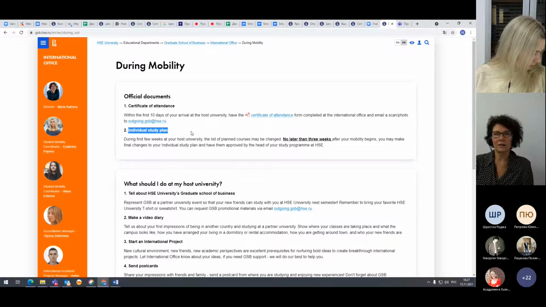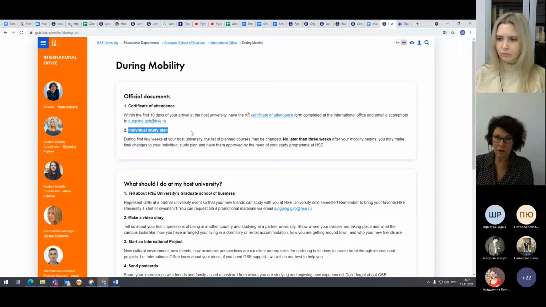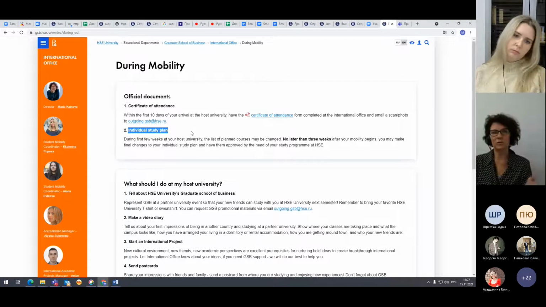We mentioned that when you were designing your individual study plan, you weren't sure that the course list from your host university was final. We said that's okay, because that's the final time for you to bring in any changes to the individual study plan when you arrive there, and when you